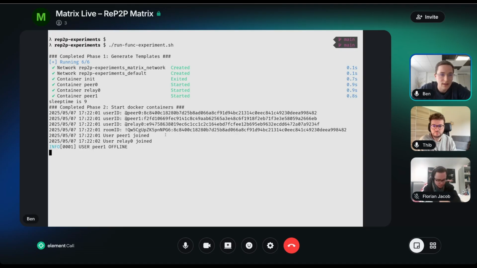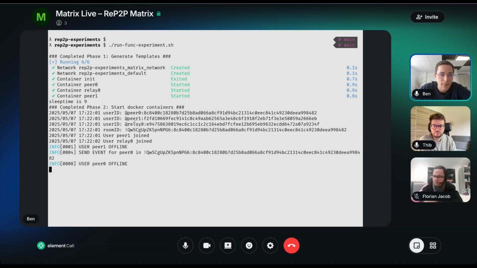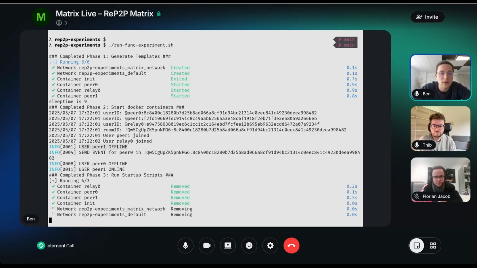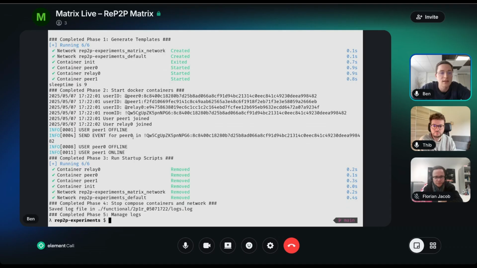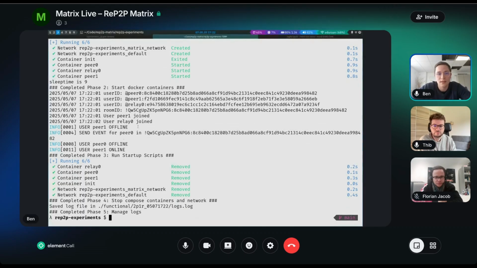the room should be created. Yeah, so here we can see the user IDs for peer 0 and peer 1 with the cryptographic hash, and also the relay, and the room has been created. And right at the bottom, we can see how the experiment is going on. So peer 1 is going offline, peer 0 is sending the event, peer 0 is going offline, and peer 1 returns online. So now the experiment is finished, and now obviously we want to check